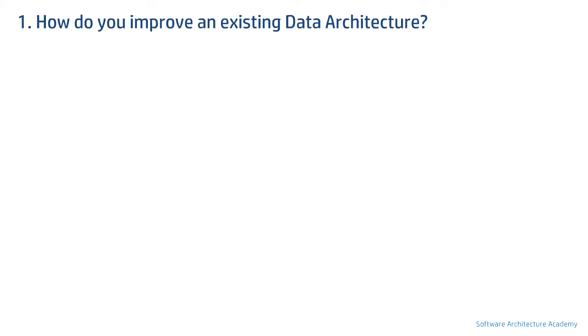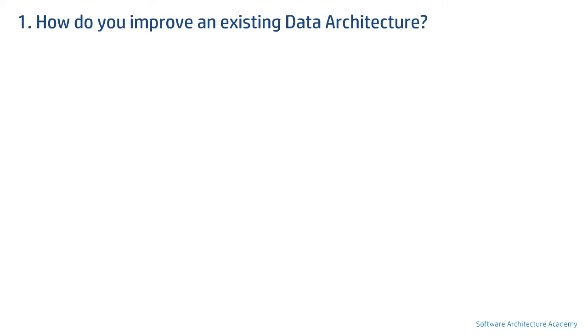So let's get started. Our very first question is, how do you improve an existing data architecture? The intent of asking this question is to understand your maturity level as a data architect and to gauge whether you are able to find pain points and propose the right solutions. With the help of this question, you are being tested on whether you are able to think on strategic lines beyond designing and data modeling. So what is the best way to answer this question?